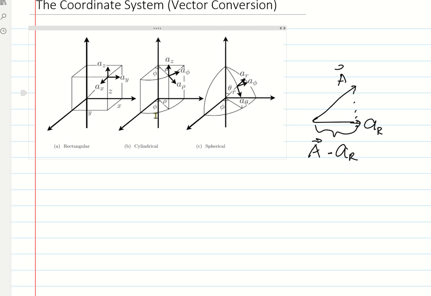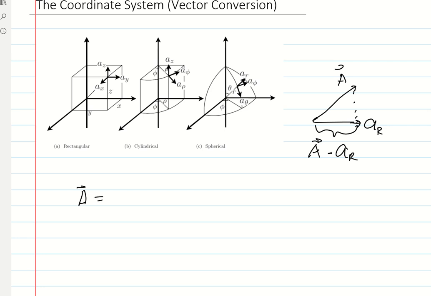So if we are in the cylindrical coordinate system, our unit vectors are a rho, a phi, and a z. It's not the same as before, ax, ay, and az in rectangular coordinates. To convert that, we need to solve for the projection of the vector that we are converting onto these unit vectors or these directions. And to do that, we just solve the dot product. You take the vector itself, and take the dot product with the direction or the unit vector that we want. In this case, we want a rho, a phi, and az, and so on. So before we do that,